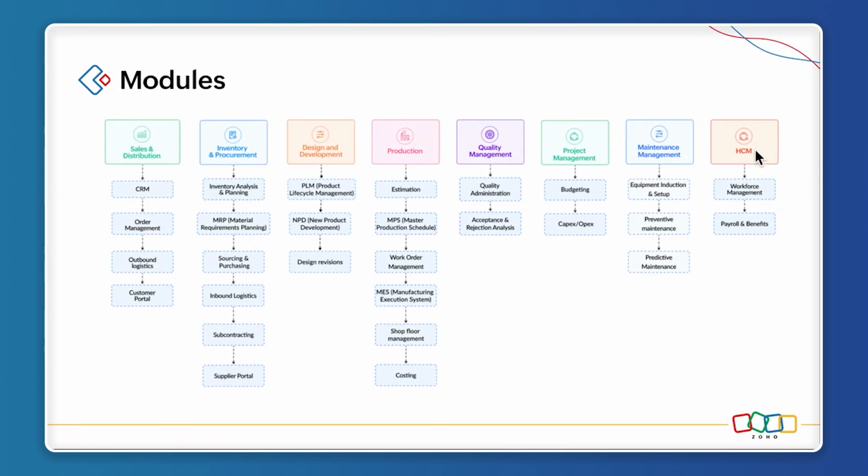And then you have the HCM. So HCM is nothing but the human capital management module. Under the HCM, you have workforce management as well as payroll and benefits. Talking about workforce management, here is where you will be assigning the employees to tasks based on their skill and availability, right? And once you assign them, once you manage all those employees and the different skill sets